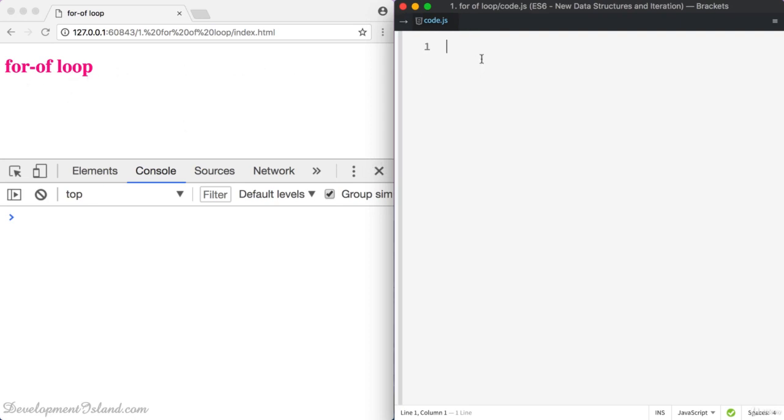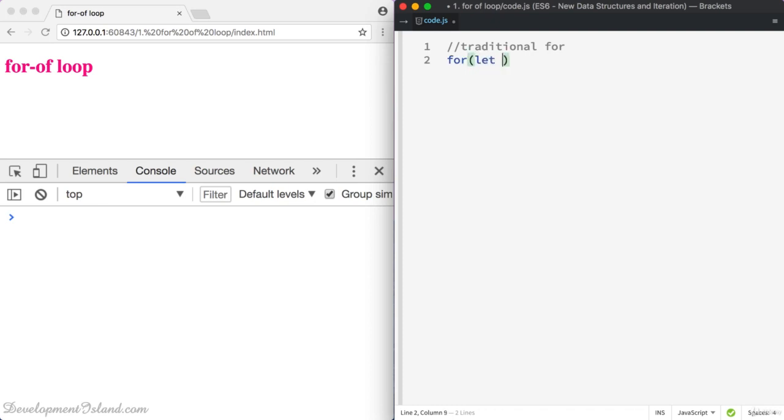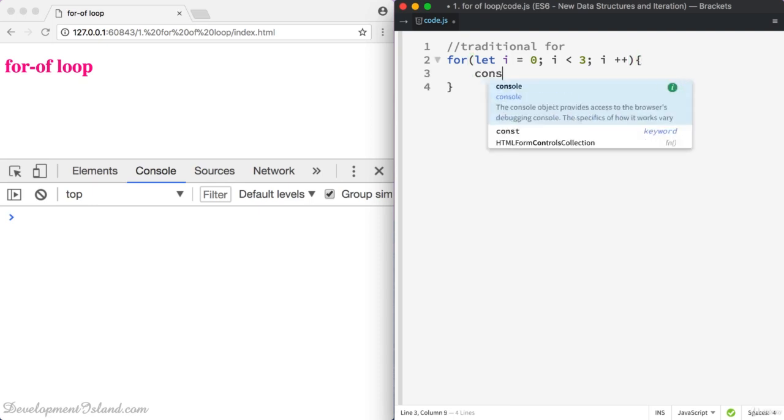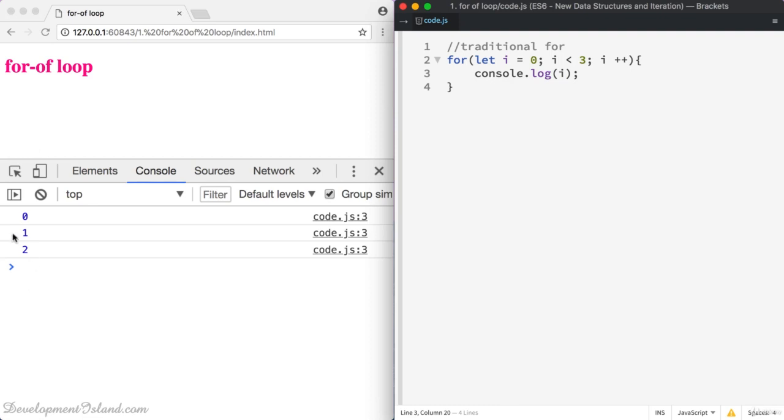So first, let's go back to our traditional for loop and build a simple example where you just have a simple loop going from 0 to 2 and printing i to the console. So this is a simple loop, all right? Now,